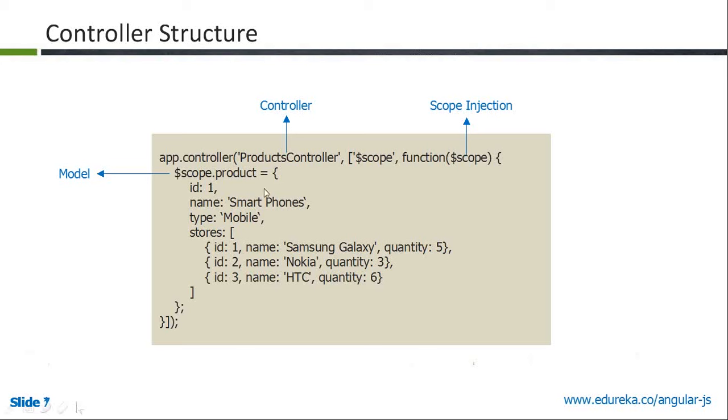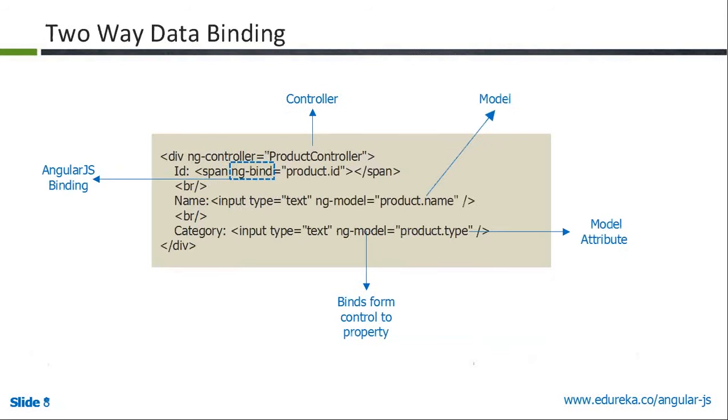In the same way, if you are changing anything in the controller, it updates the view. This is what is happening internally in AngularJS controllers. So we have this two-way binding for a small example. You can bind the data using ng-bind, or you can bind it with normal expressions also.